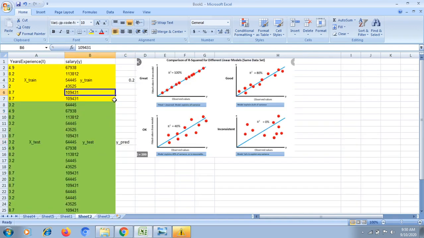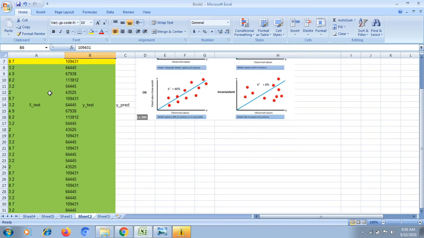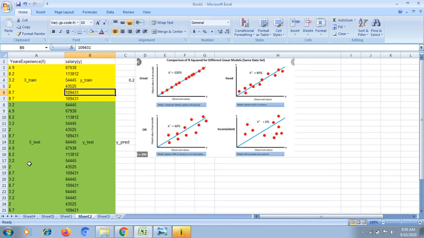Okay, to train the model, I need to pass some data. To test the model, I need to pass some data and check whether my model is working properly or not. I'm trying to divide my old data into two formats: one is the train set and one is the test set. I'm dividing the train set with 0.2 percentage and the test set with 0.8 percentage.